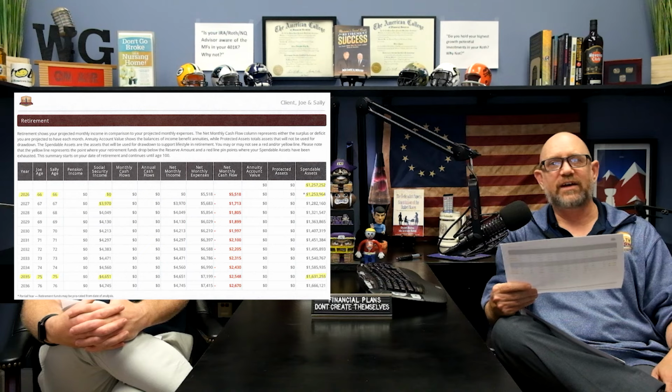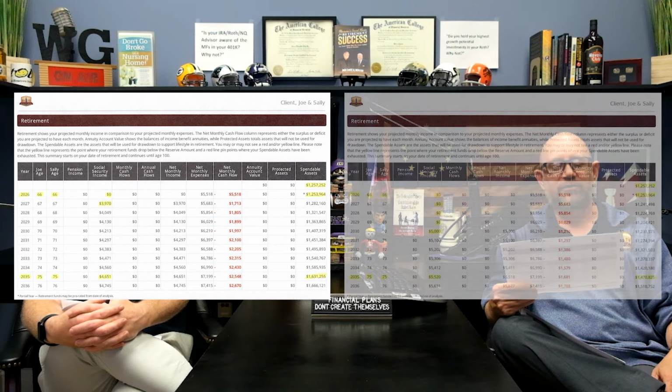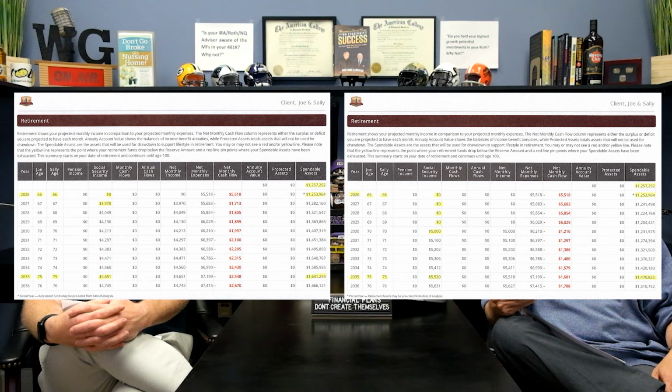going to throw up beside that our new graph, where they also retire at age 66 in the year 2026, but they're not filing for Social Security until age 70. And you can see here that they've now got 4 gap years that they've got to cover themselves. They're leaning on their nest egg for 4 years, not just 1 year. And they still go into retirement with that same